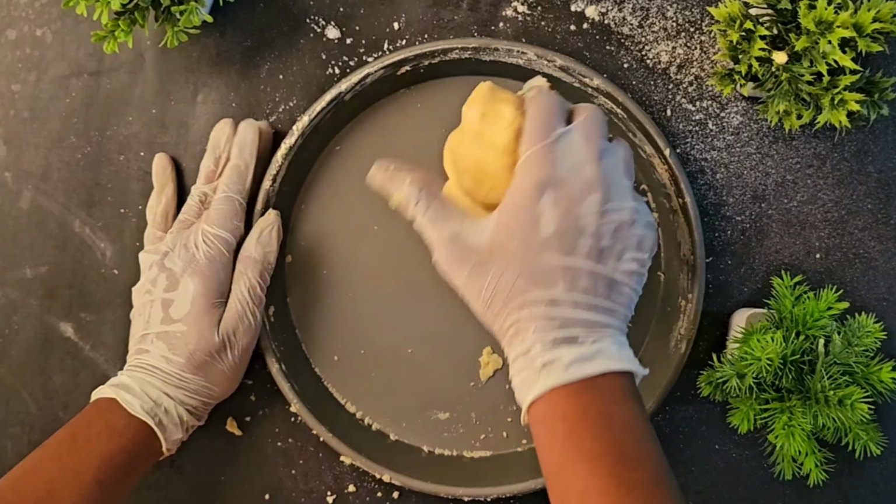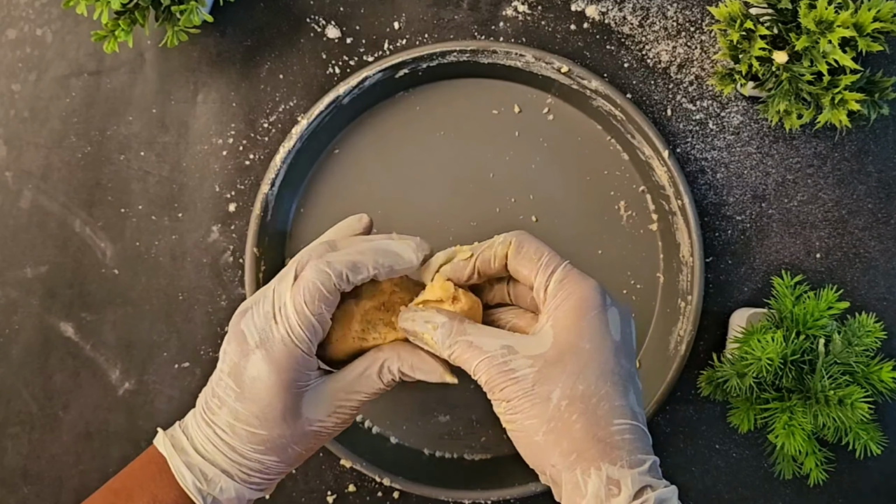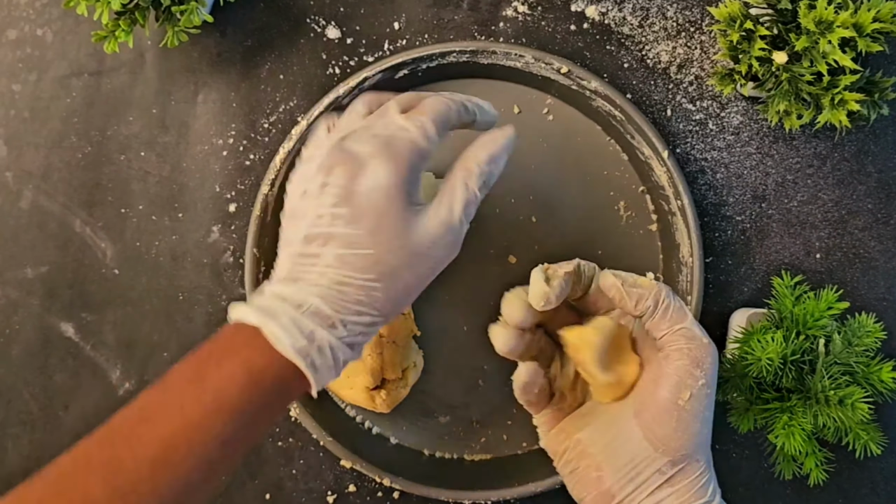So once the dough is ready, now I'm going to make small balls out of it. Make it as even as possible so your baking can be